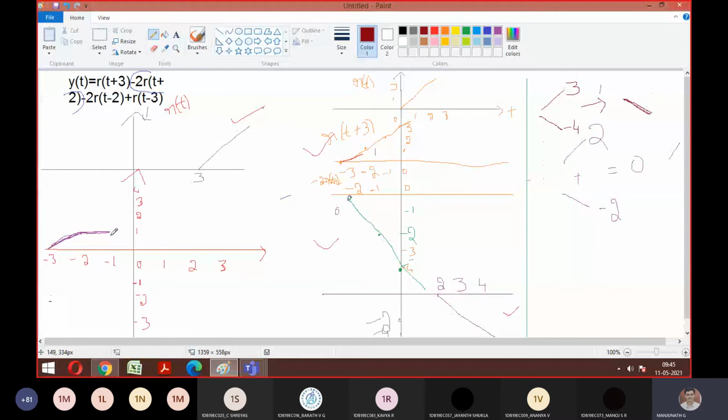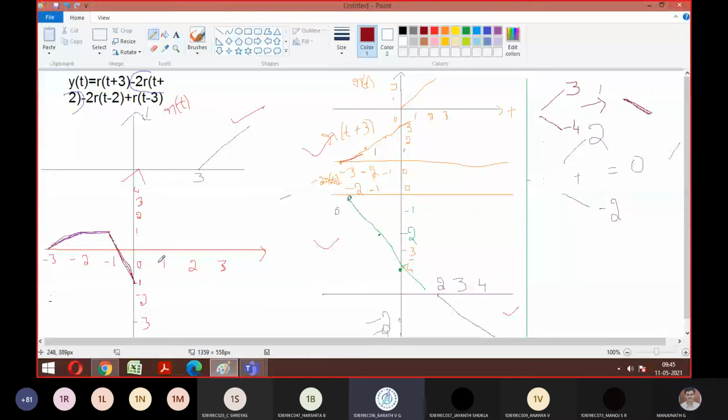Where will it go now? Till -1. So it means, shall I dip the graph like this to -1? Yes, sir. Any doubts, anyone, till here? If you have, you can ask. Otherwise, we'll proceed. Sir, from -2 to -1, the amplitude will decrease now, sir. It will come to zero.